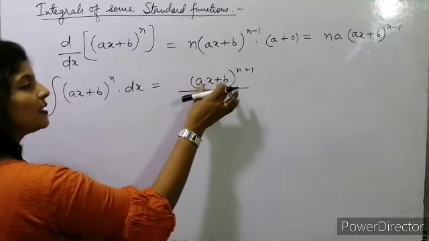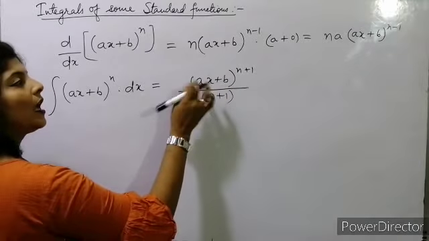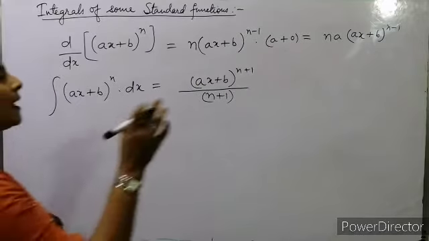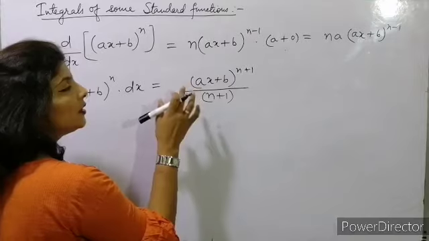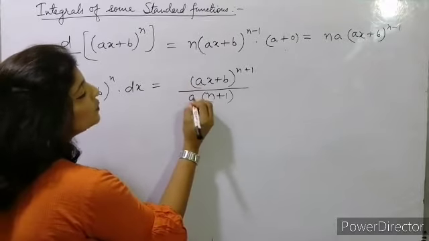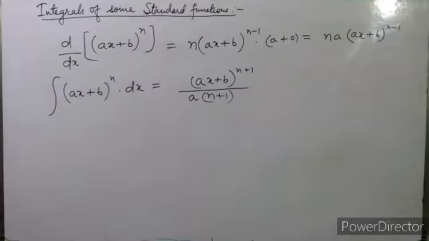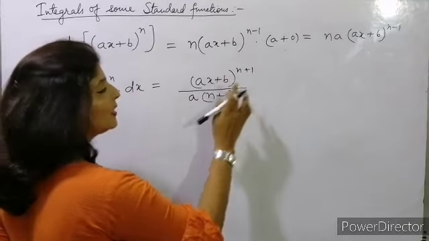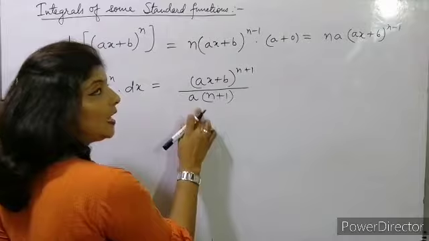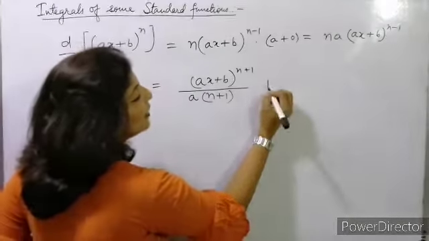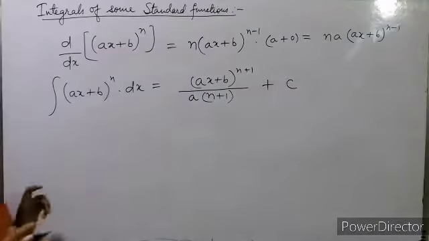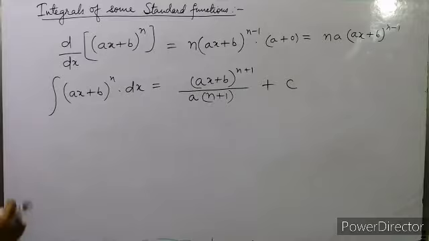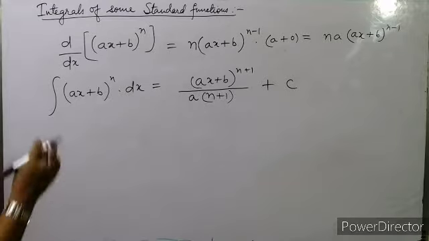Why? Because when we differentiate this we'll get a. So similarly we were getting a, and now we have to divide by a. So we'll divide it by a. What value will we get? (ax + b)^(n+1) divided by a(n + 1), plus c, which we have to keep for the constant. So this way, these are advanced functions, meaning the derivatives and integrations we are doing are advanced, based